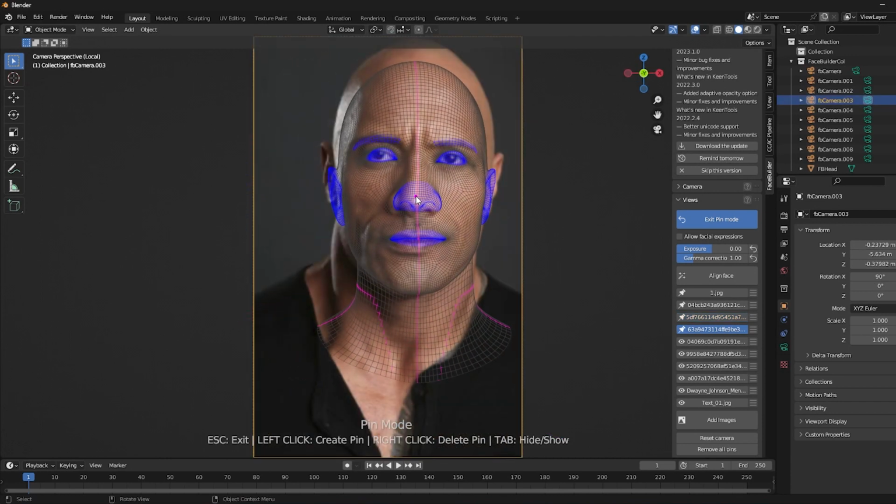Always check for too much deformation and be cautious that you don't deform your model too much. If a picture for some reason deforms your model too much, just delete it. Don't use that picture.